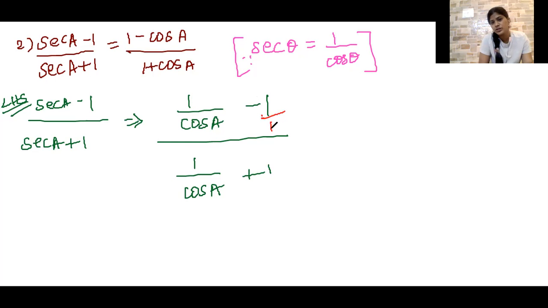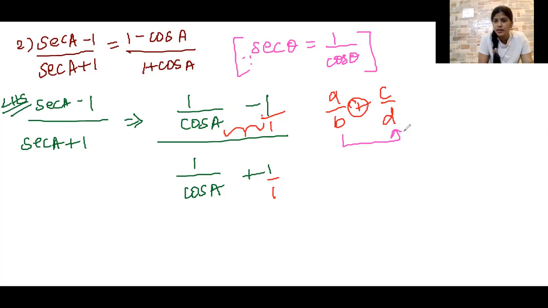So you can assume the denominator is 1. So now if you look at this expression, the two terms are having two different denominators. Whenever you find two different denominators, you have to apply LCM. And in the LCM, I'll tell you a shortcut. Whether it is plus sign or minus sign, you have the same strategy to perform. You have to multiply the denominator and write in the denominator itself, and you have to do the cross multiplication.